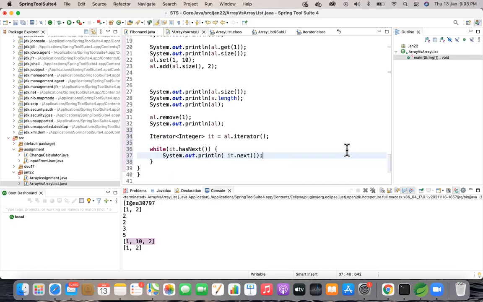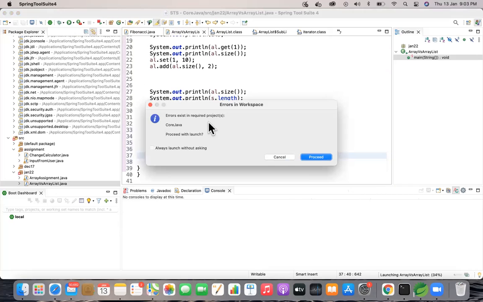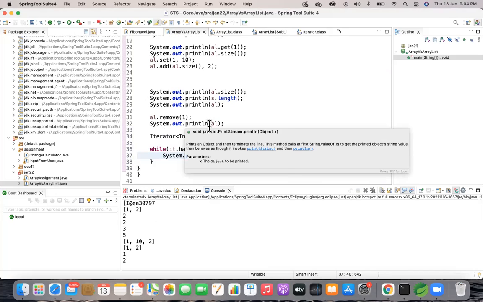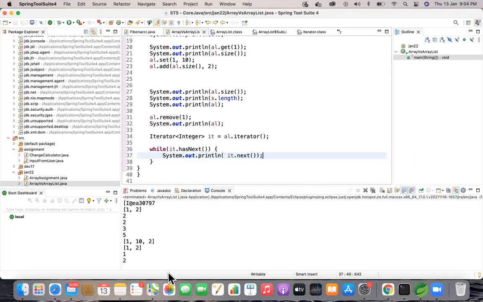Okay. So now save and you can execute this one. So you had only 2 elements, you removed it, right? So the final list, if you see 1, 2, is your final ArrayList. And when you're iterating it, you're able to get each element.